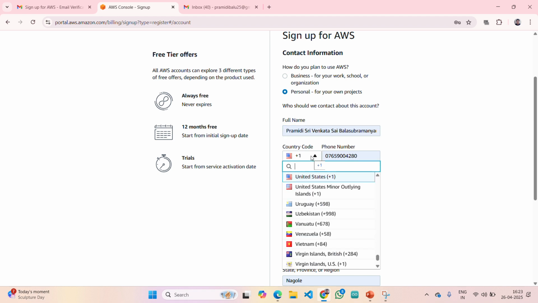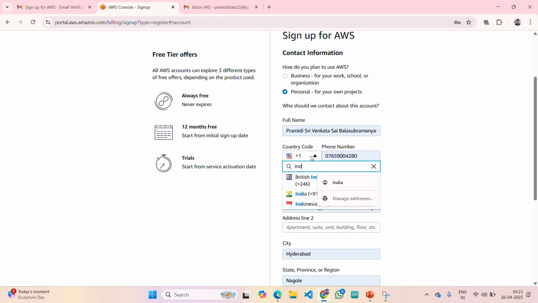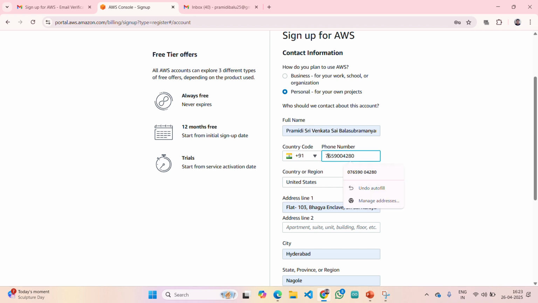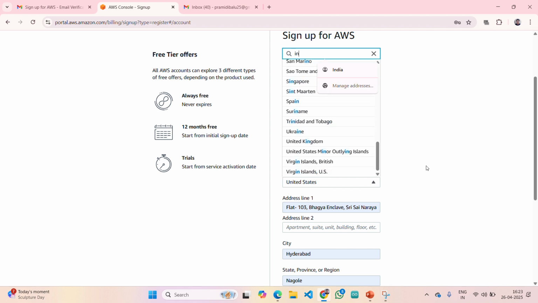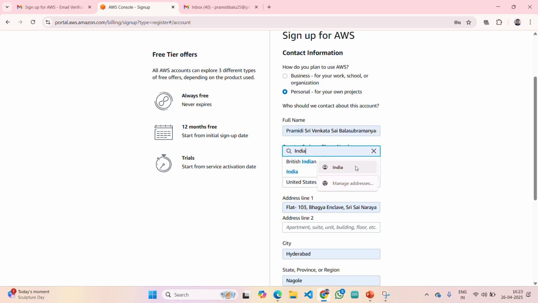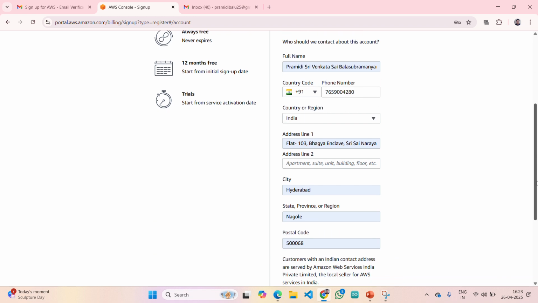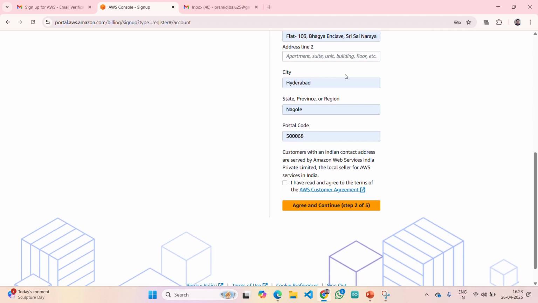Country code India. Once you have given all, just a second. Actually, all your default values have been received.